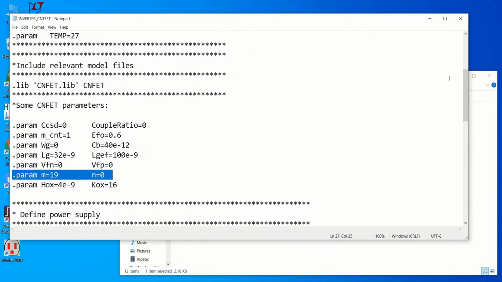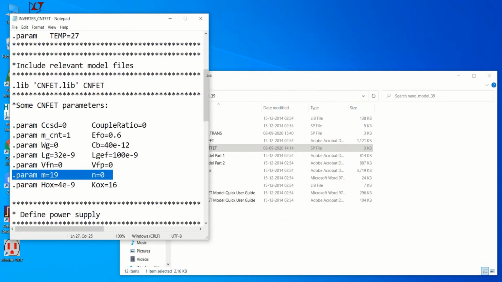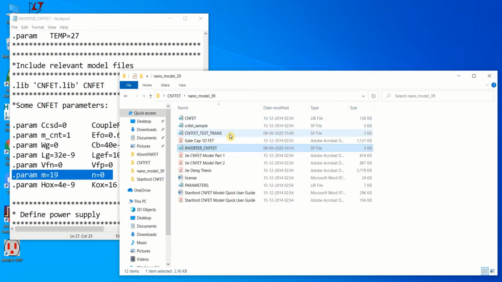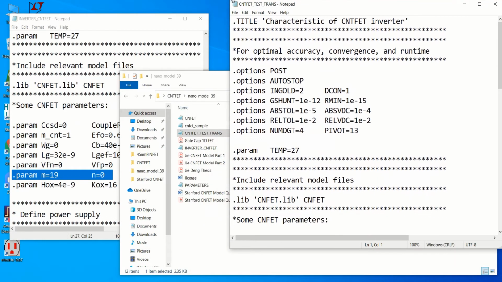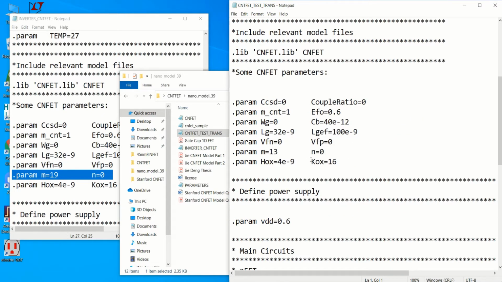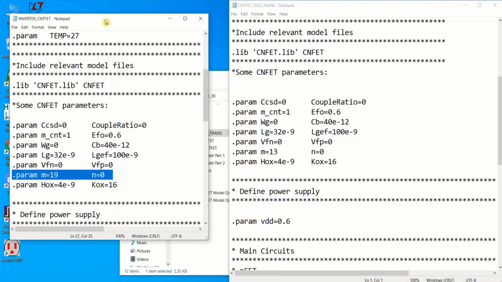I'll show you one more test bench, the comparison between the two files. If you see this, it has .param m equal to 19 and n equal to 0. That means the dimension of the transistor is defined by using these parameters. This is called the chirality in a CNT FET.